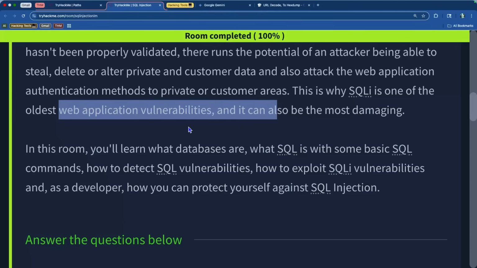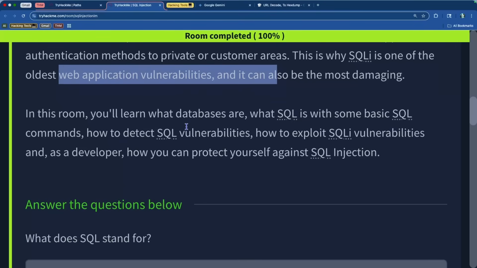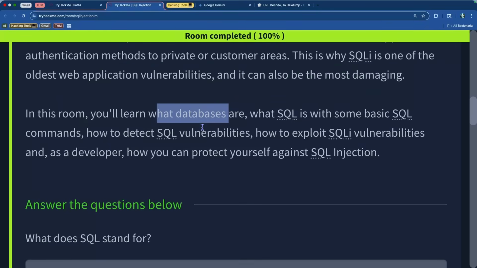So SQL is actually something that's done in a lot of different contexts, and the web application server itself will actually submit SQL queries to be able to pull information from the database to allow people to come in or whatever. So what we're going to learn is what databases are, in case you don't know, what SQL is with some of the basic commands, and how to detect those types of